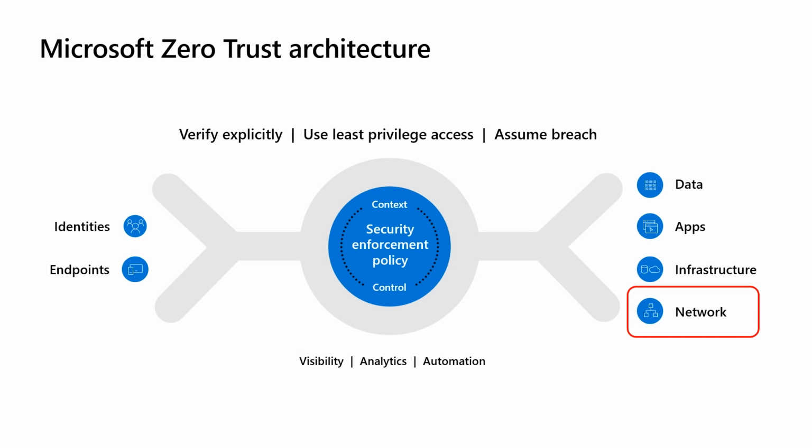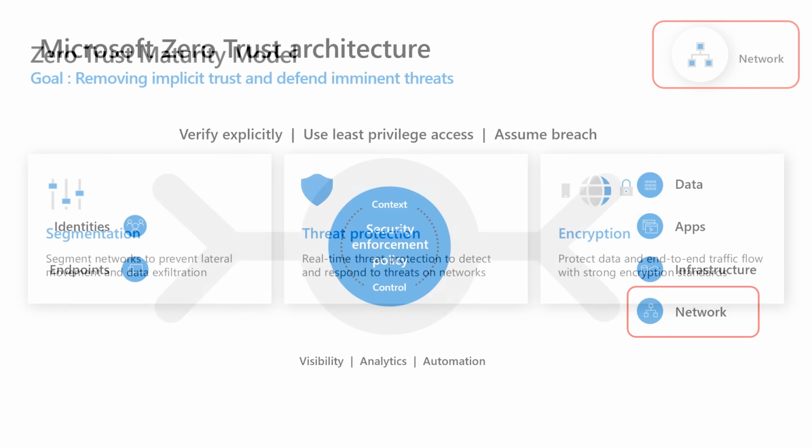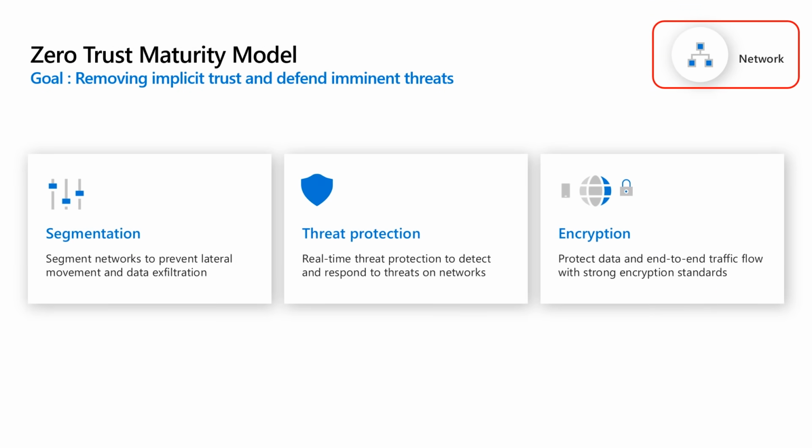When you think about network, there are really 3 main things. First is segmentation. Customers should always think about segmenting the network into smaller parts so that they can prevent lateral movements. Next is having a really good way to have threat prevention and protection against threats. Lastly, we need to have data encrypted that flows between the systems. Now let's see how we can do this today.